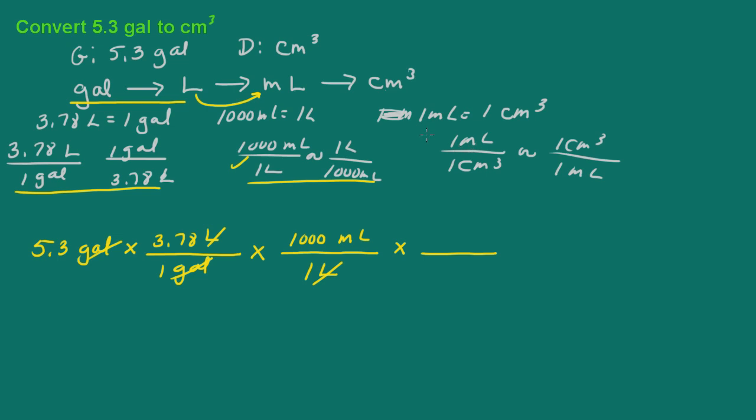Here I'm going from milliliters to cubic centimeters, and I want to cancel out milliliters. So I'm going to use this one here: 1 cubic centimeter is 1 milliliter. My milliliters cancel out, and I go ahead and do the calculation. I have 5.3 times 3.78 times 1,000 times 1. So I end up with